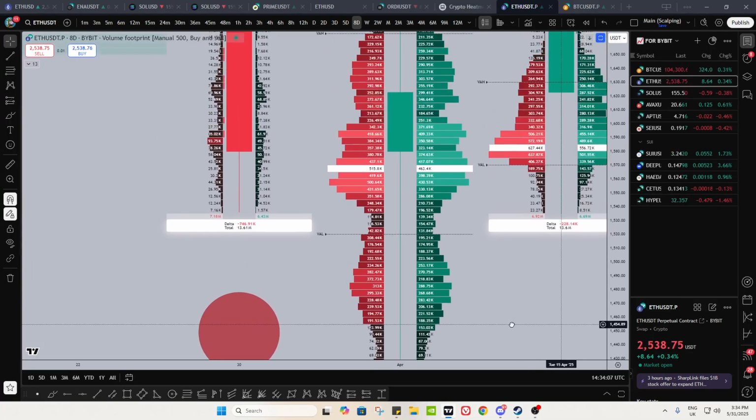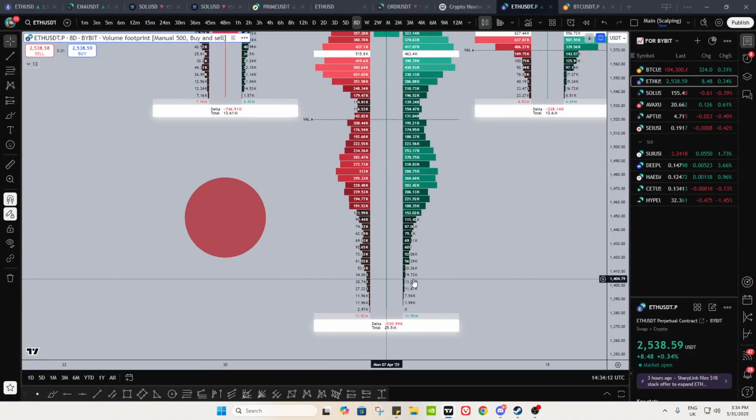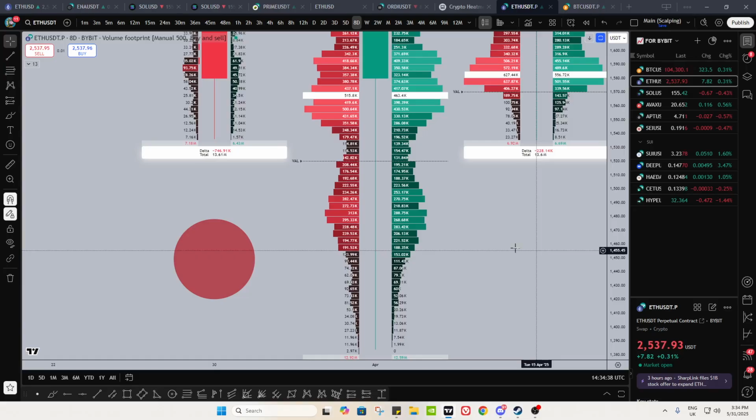What does that mean? It means all these aggressive sellers, remember, the market's a two-way auction, would have gone to the limit longs. In this case, I'm looking at the perpetual chart, so all these market shorts would have gone to your limit longs, from your aggressive side to your passive side. We're saying the passive buy wall, the passive long side, is too strong. The aggressive sellers were absorbed by the passive longs, and therefore the sellers have run out of steam and there's still this massive limit buy wall left over.